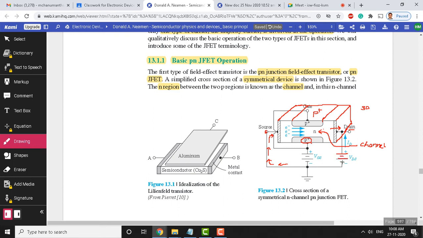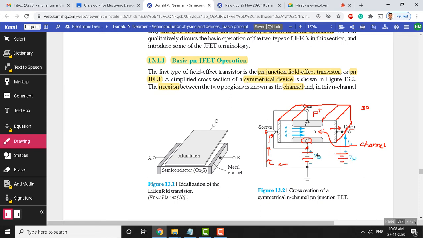So, there are two power supplies as you can see here. One is the drain source voltage. This voltage is applied between the drain terminal and the source terminal here, and there is another supply battery here, the gate to source voltage. This battery is connected to the gate terminal here. These two gates are short circuited. You can see there is a wire going from the bottom gate to the top gate, so that means we treat this complete device with a single gate. Now you can see there is a voltage applied between this gate terminal and the source terminal. So source is common for both the supply voltages, that is what you are seeing here. This is common for both VGS and VDS.